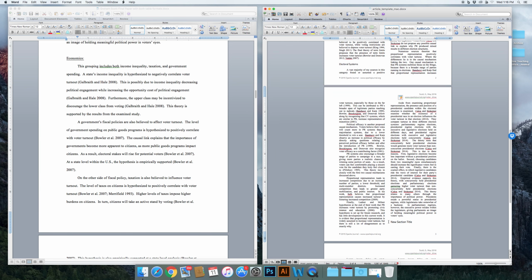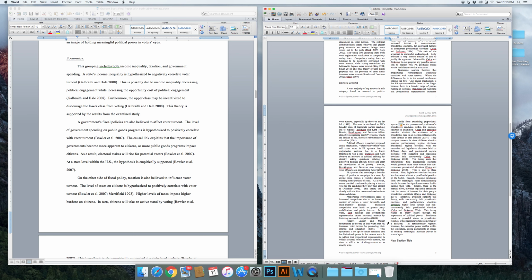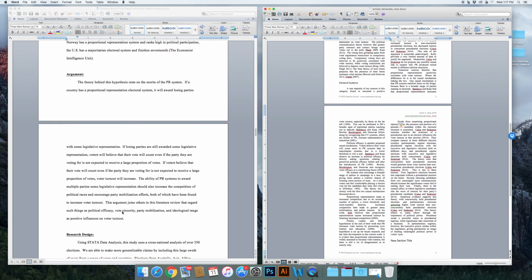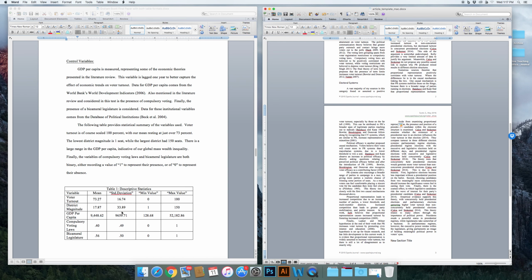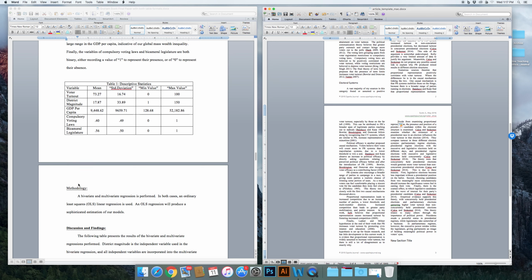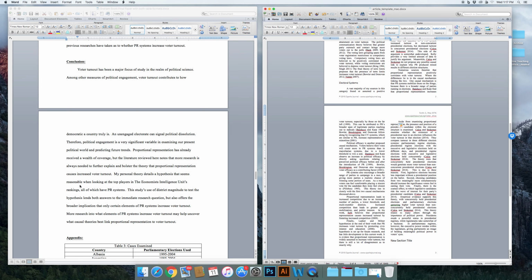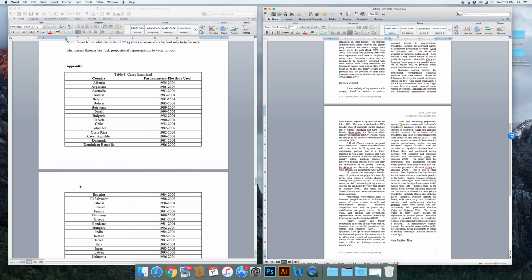All right, so anyway, now I would continue to do this for the rest of the sections and subsections in his text. I'm going to skip ahead and show you something a little bit different. So he's got 3 different tables embedded in his work. We're going to work on that last. But I want to skip ahead and show you